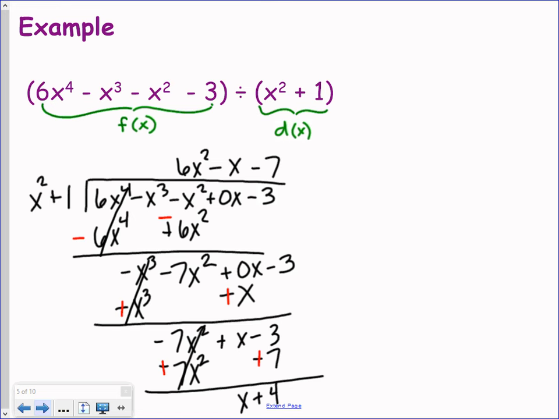So if we look at this like we looked at that example I did, 17 divided by 3, here's my f of x, here's my d of x, up at the top is my q of x, and down here is r of x. And the division algorithm would say that 6x to the fourth minus x cubed minus x squared minus 3